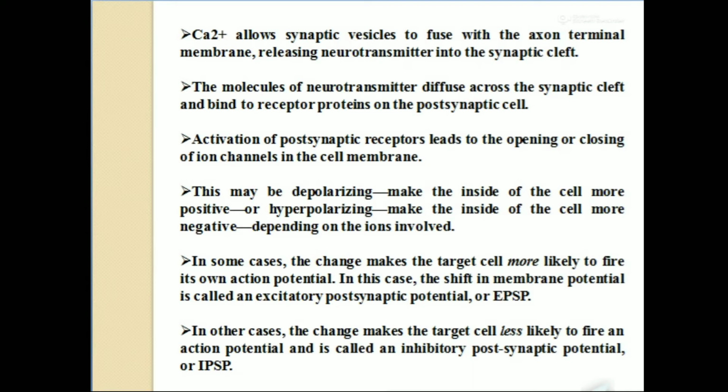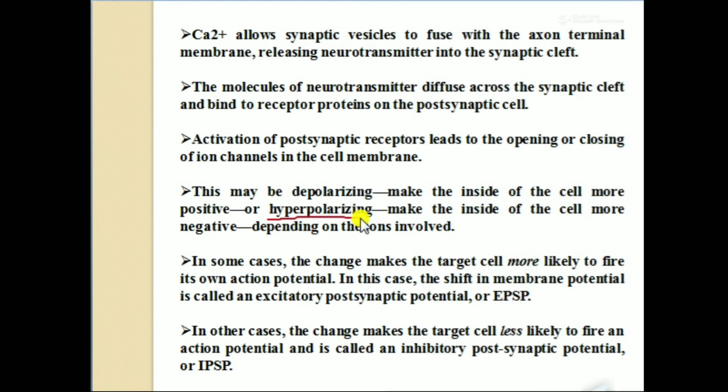The inside of the cell membrane needs to be positive. So that causes depolarization. We already know that the polarized state means a minus state, and the depolarized state means a positive state. When the neurotransmitter gives you excitement information, it causes depolarization and makes the inside of the cell more positive, or hyperpolarization makes the inside of the cell more negative.